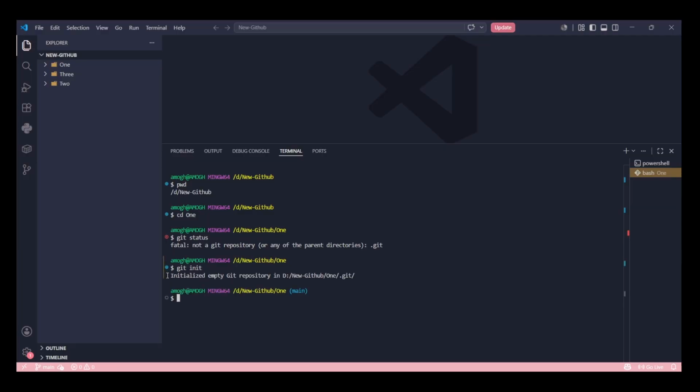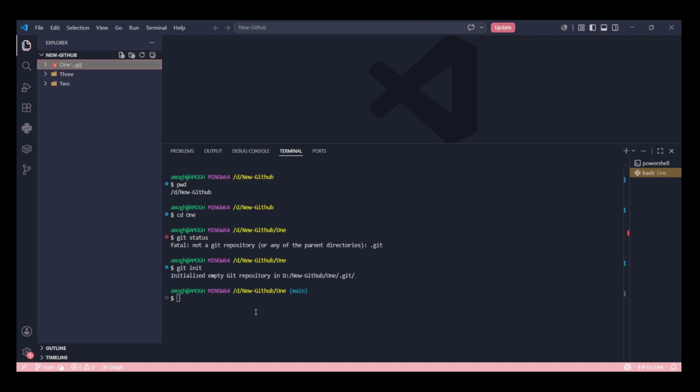It says: initialized empty Git repository in this folder. When I go into this folder, I will find a .git folder. In that we have different hooks, info. These are all unnecessary things right now. Is this clear? This is how you convert a normal folder into a Git repository. Please react, guys, or else I can explain it again if you want. Okay. So right now we have nothing.